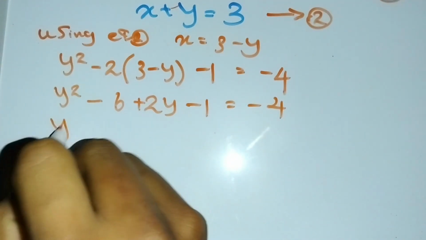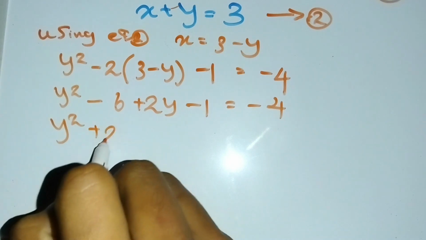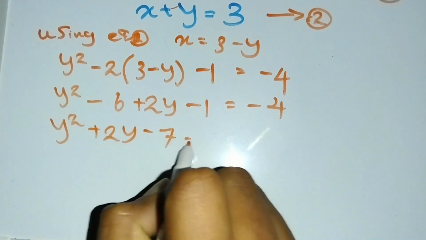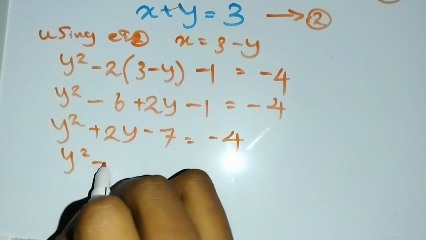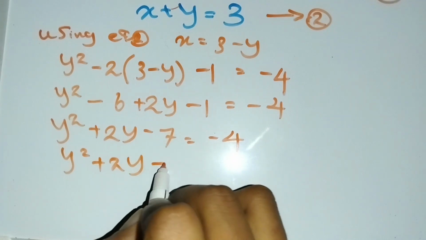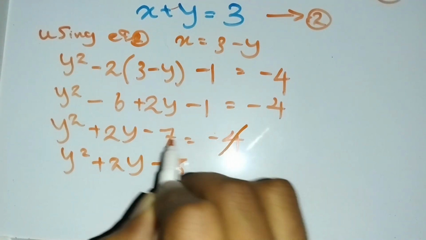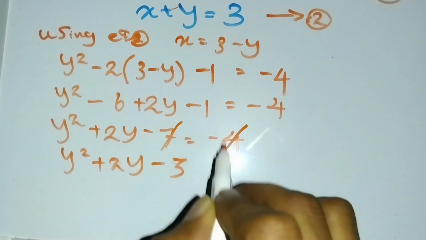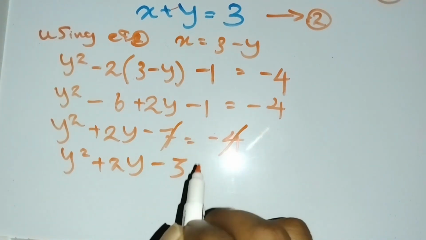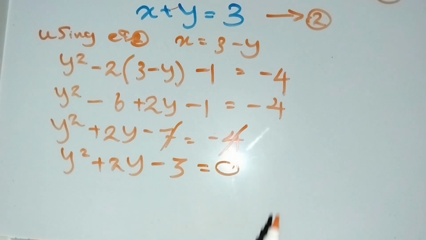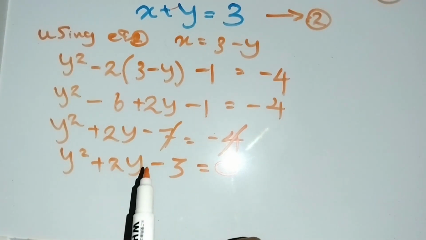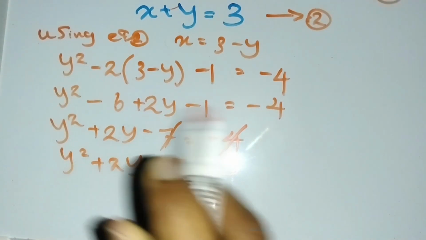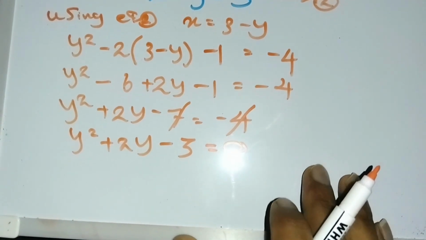Then y square plus 2y minus 7 equals minus 4, and then I can have y square plus 2y minus 3. We can add 4 to minus 7, that becomes minus 3, which equals 0. Then we can take the root values of this equation. I can solve that equation like this: